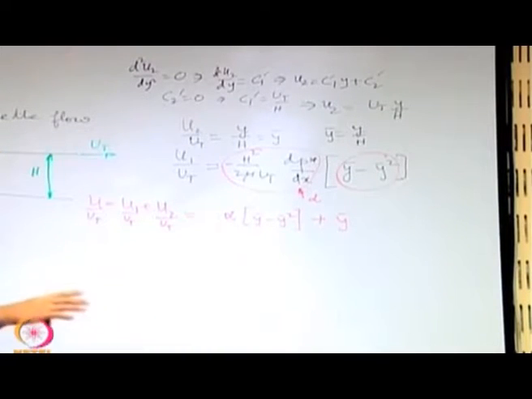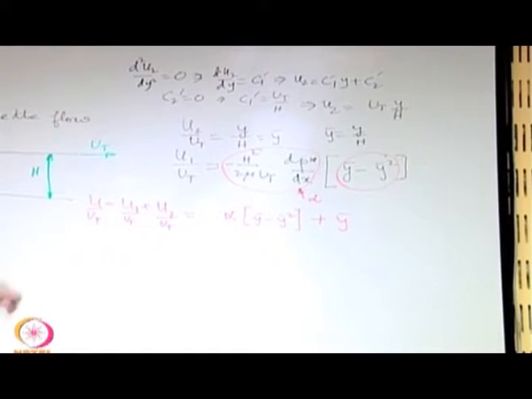See, think of a case when ut is equal to 0. If ut is equal to 0 and if you want to drive a flow along the x direction, positive x direction, only way is you must have dp dx as negative, that we have seen, or dp star dx as negative if you consider the piezometric head as the total driving head.